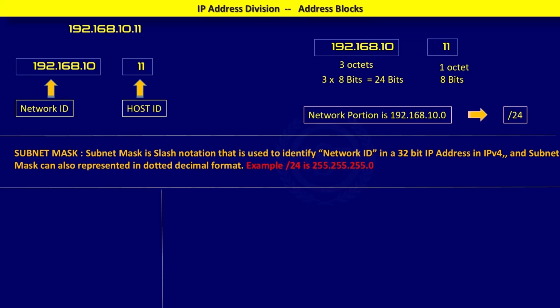In here we are taking an example of IP version 4 only, not IP version 6. So subnet mask is a slash notation that is used to identify network ID. Subnet mask can be represented in dotted decimal format also. So what is a dotted decimal format? The IP address that human can read is a dotted decimal format, 192.168.10.11, and the subnet mask in a dotted decimal format is something like